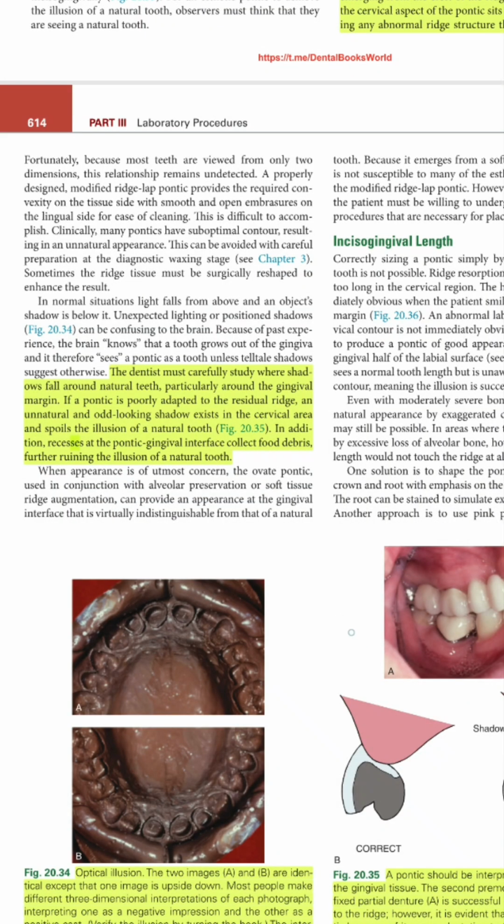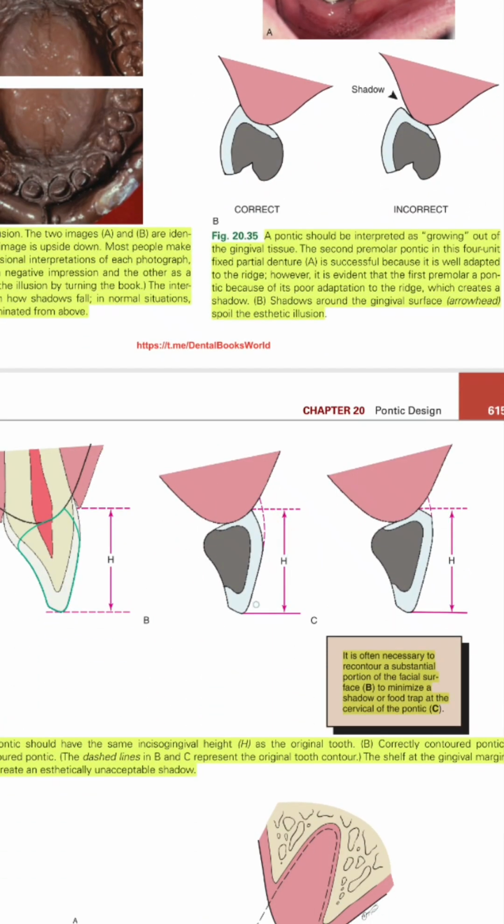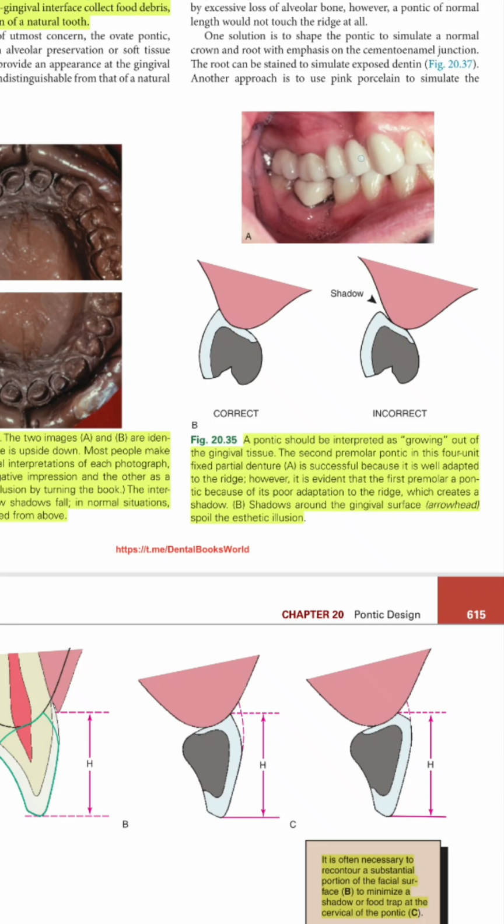Some light reflection to get an optical illusion and increase the realistic look of the Pontic can be achieved by monitoring the contour of the Pontic, also the inciso-gingival height, and we can see the difference between the two Pontics. The first premolar is less realistic because of its poor adaptation to the ridge. On the contrary, the second premolar is more realistic, where it reflects the light